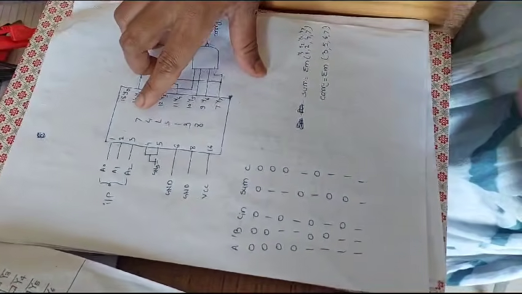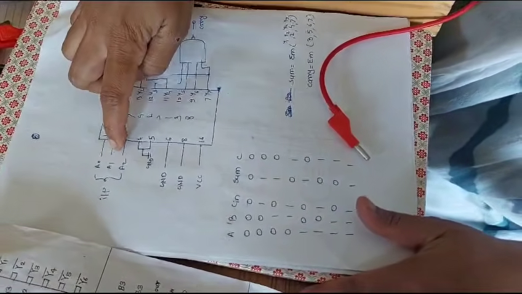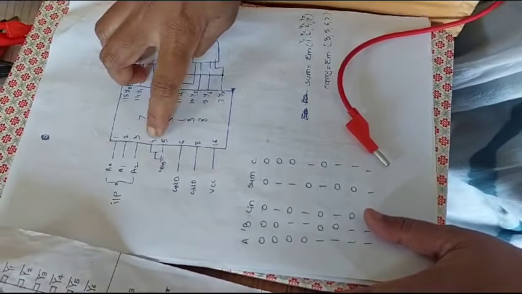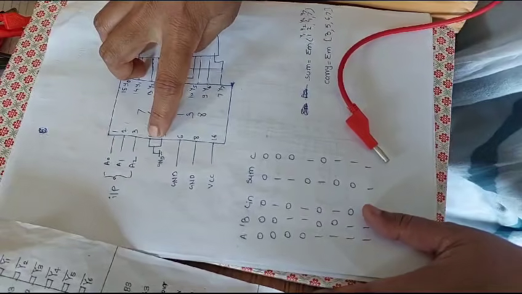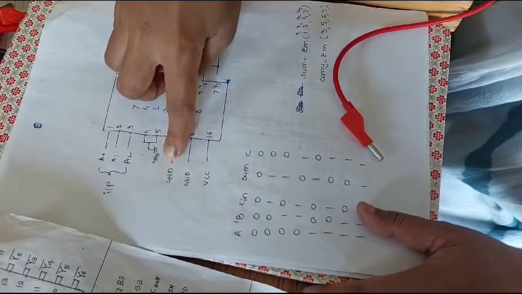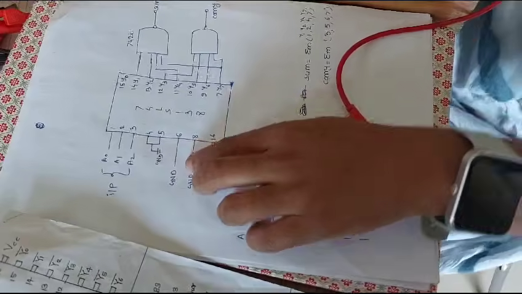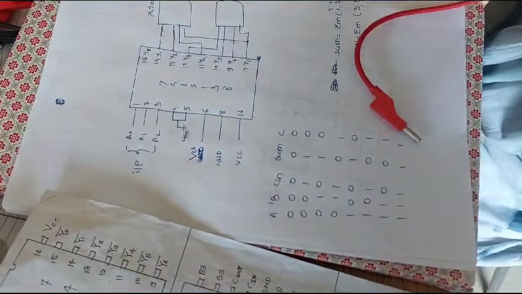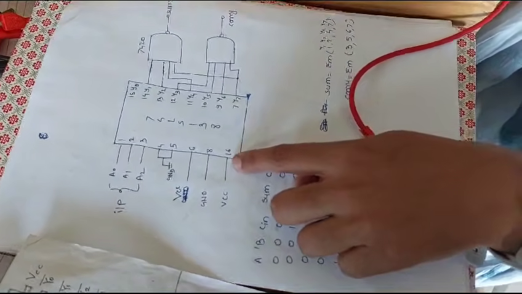So before moving, we have to check the 74LS138. We are having the three inputs A0, A1 and A2. A0 is pin number 1, 2 and 3. 4 and 5 are the enable bar pins. These are active low, so that's why these are connected to the ground. And pin number 6, it is again the enable pin, so we have to connect it to the VCC. Sorry, it's not a ground. You have to connect it to the VCC, not ground. So pin number 6 is to the VCC, 8 is ground and 16 is VCC.